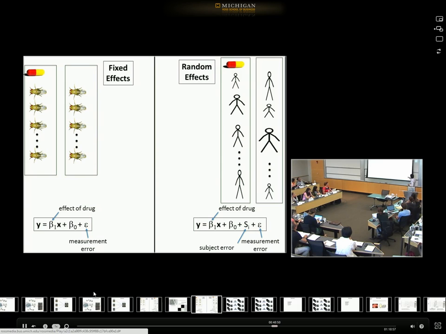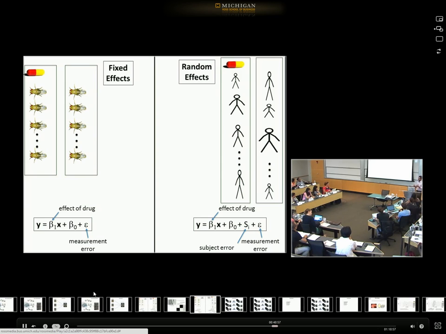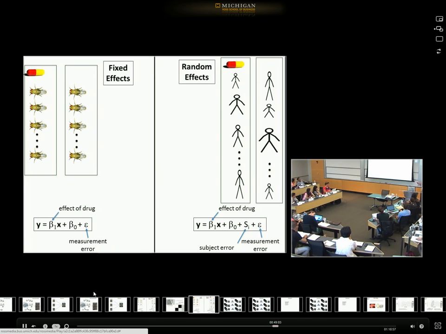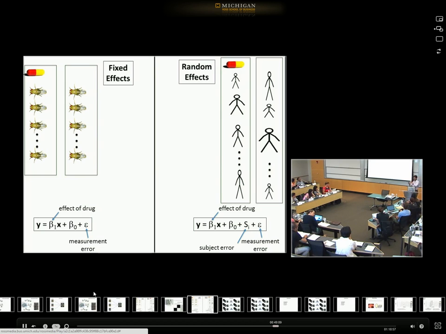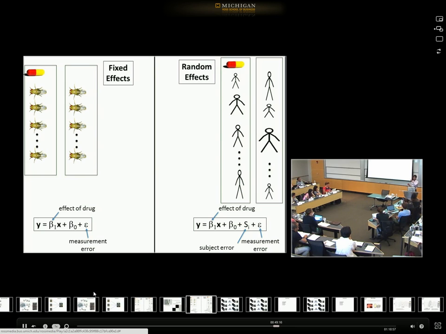The reason to keep them separate is their properties are different. One error term reflects the measurement error, that whatever dependent variable I have, I'm measuring it imperfectly. But I also have this mean zero subject error. Every subject is a random draw from a population of subjects that has certain properties. And so the mean is zero, and then there's a deviation from that mean that reflects the type of subject that I have. Anytime you want to model these two separate sources of mean zero error like this, you call it a random effects model, and its mathematics becomes more